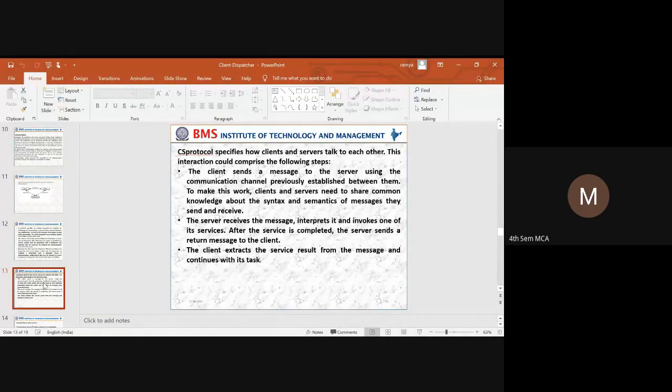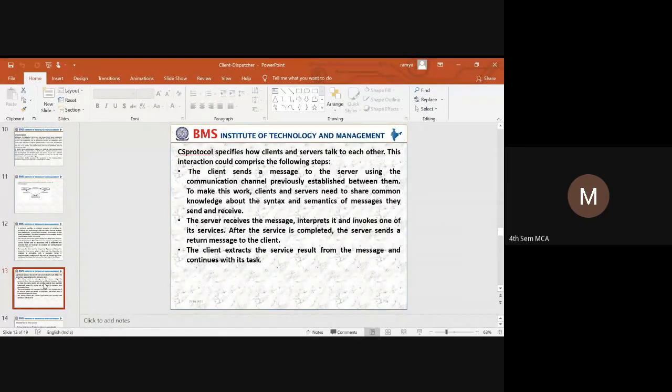Since the channel has already been established between a client and a server, it will send a message. To make this work, the client and server need to follow the same syntax and semantics of the messages they send and receive. So we have a message format.